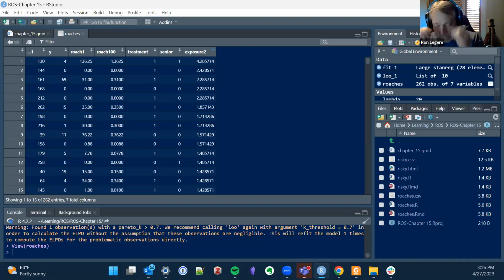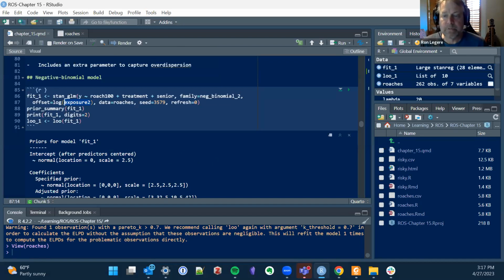I get what it is. They did some previous measurement of the roaches, right? But was that done for the same number of trap days? I don't know. Anyway, it doesn't really matter that much. We'll talk about it more later. But this idea of including the offset in the model is a way to have the beta now reflect the association between the predictors and the theta, which is the rates, the number of roaches, I guess.